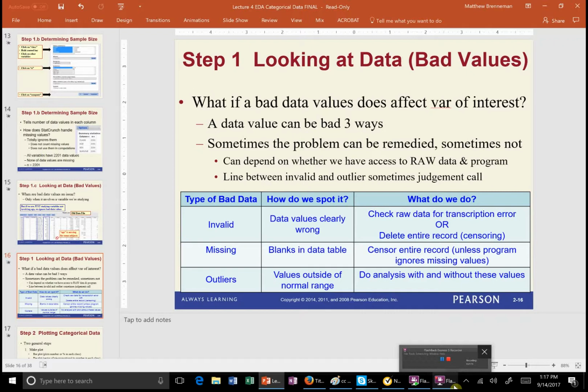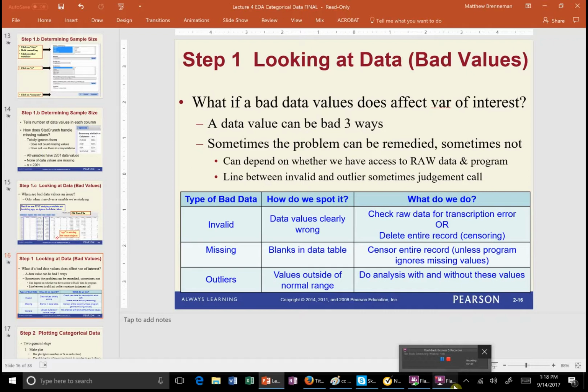Outliers, okay? These are values outside of the normal range. The common rule in statistics is that we're going to do both an analysis with and without these values. These are values that appear strange. So 7 feet is 84 inches tall, right? So if you see someone recorded as 87 inches, either they're 7 feet 3 inches or someone didn't copy down